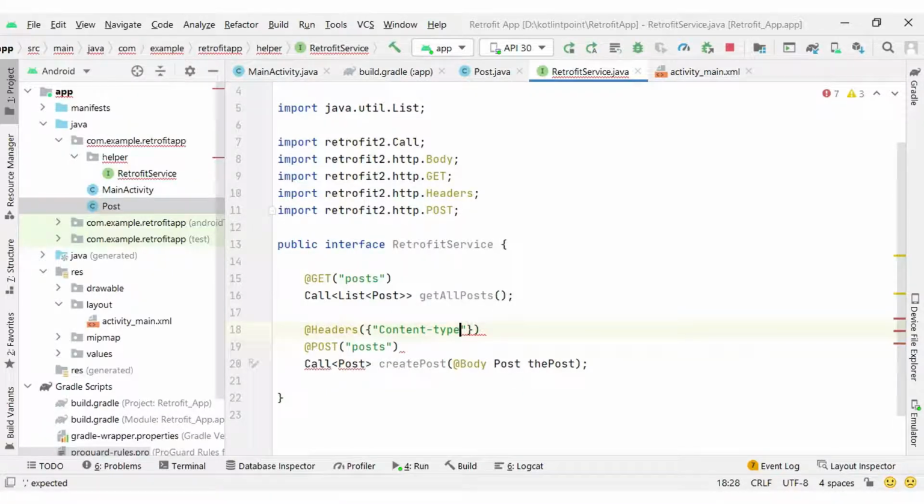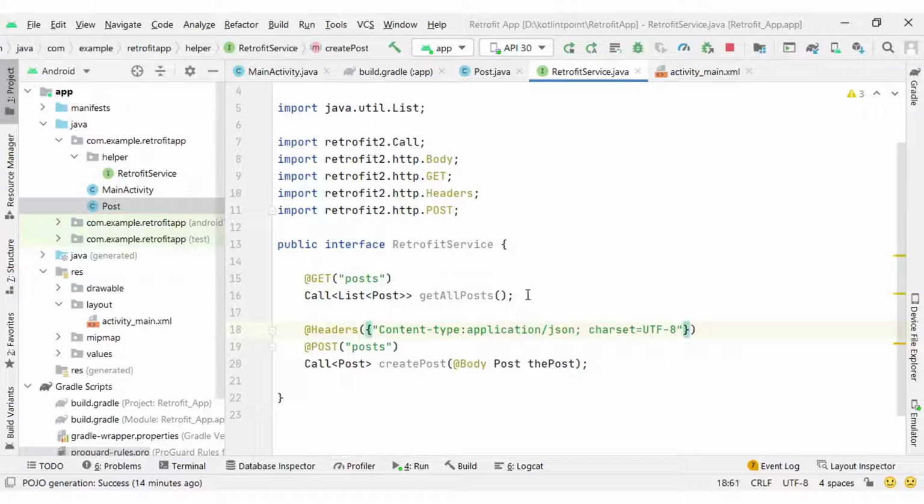Something like this we can pass. It means whatever data object we are passing here will get converted to JSON and then submitted to the API. So this endpoint, this method will help you complete your post method with this API.